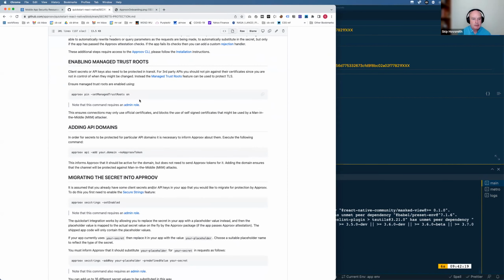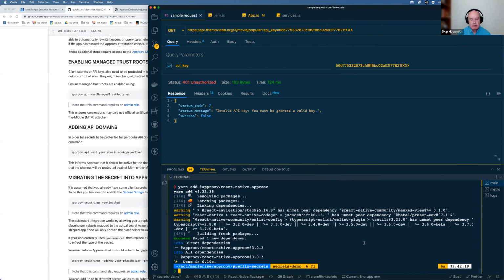So the first thing we're going to want to do is, well, I guess I should say we're really trying to do two things. One, we're trying to lock down the channel between the app and the backend to stop any kind of man-in-the-middle attacks. And two, we're basically trying to get the API key out of your application, so it's not there at rest, and it's there only when it's needed to make the API calls through the SDK, and not really in the runtime itself.